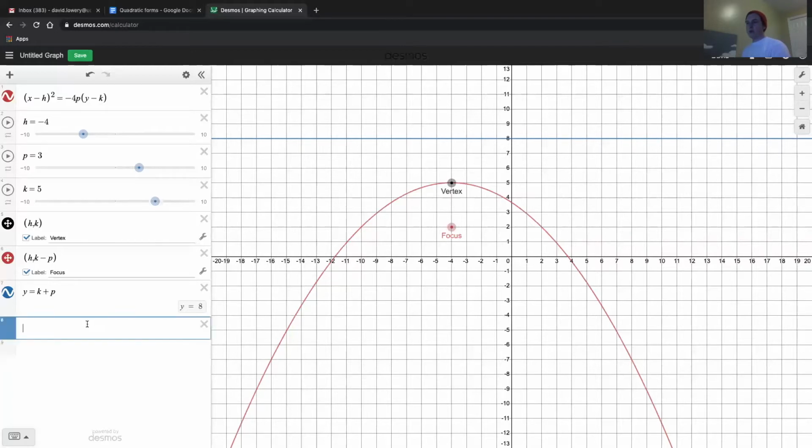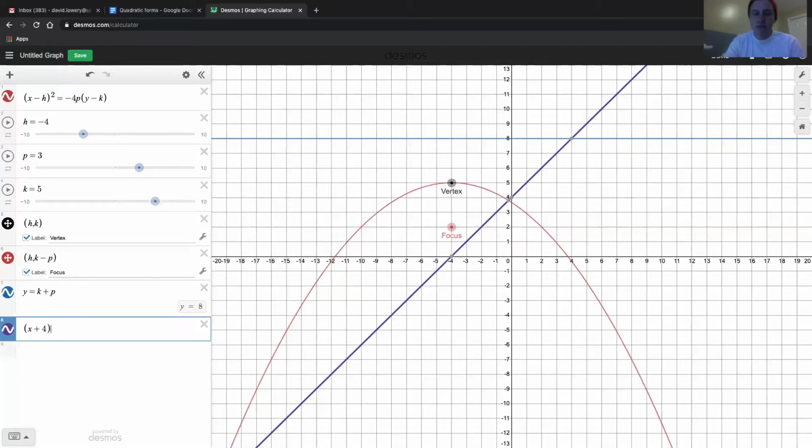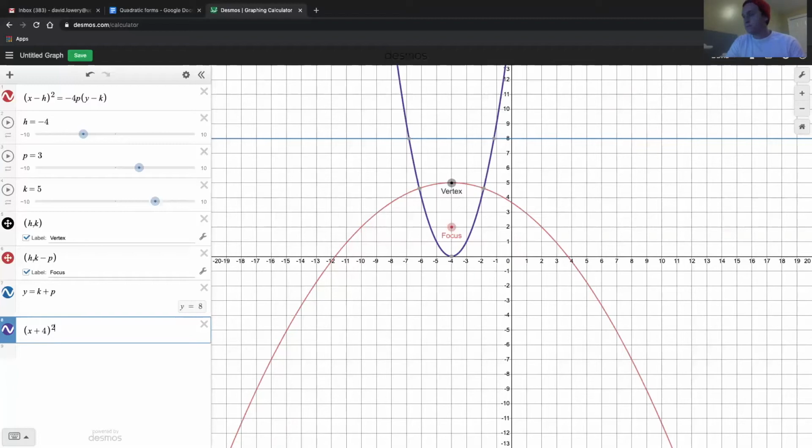If we wanted to write the equation, now obviously these are filling in the numbers right here for this guy. We don't have to do that. But just so that you can see what it would look like, we're going to have x minus h, right? So x minus a -4. There's a minus in the formula. The 4 is negative. So when we subtract a negative number, that's going to have the equivalent of being x plus 4. Okay, equals